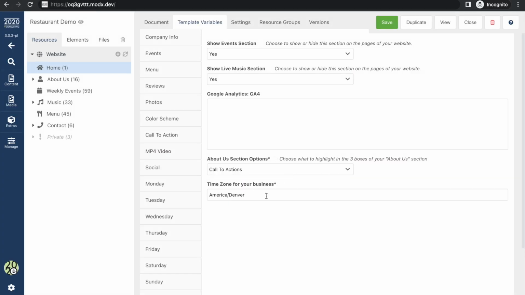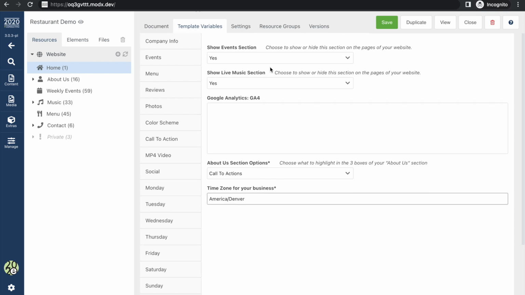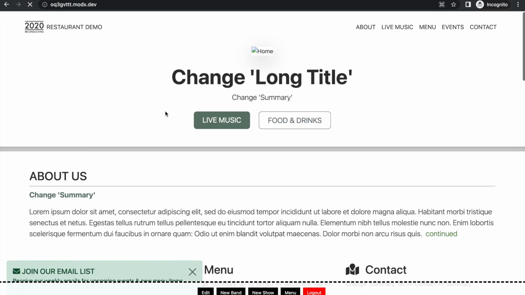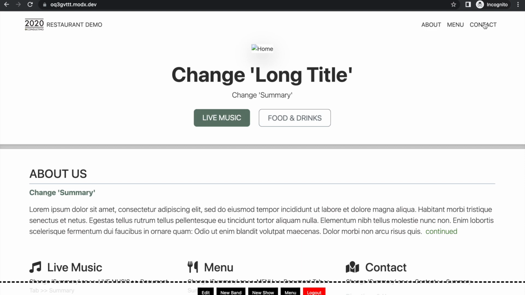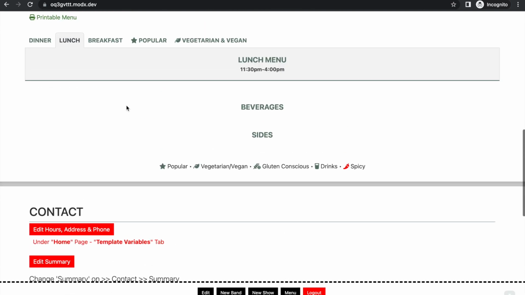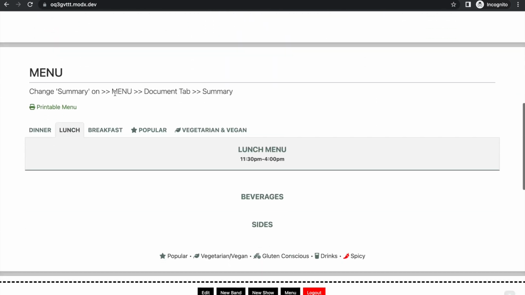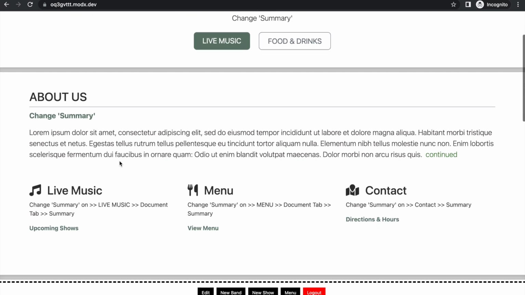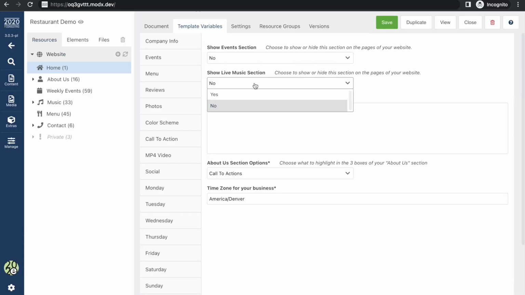All right, so calls to action, here we can put our time zone. Another thing too is if your business does not want to participate in the event section or the live music section, you can just turn that off. And if we hit save, that all disappears from your website. So it disappears from the menu and also on the footer, and the sections on the website that are live music or event related also disappear. If you do have hard links for calls to action that do say live music, of course you'd have to change that here, and I'll show you how to do that in a second. All right. Let's put that back on though, so we can do the full demo.